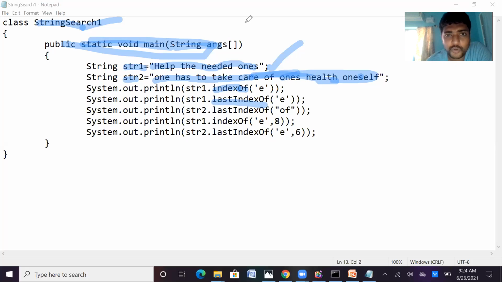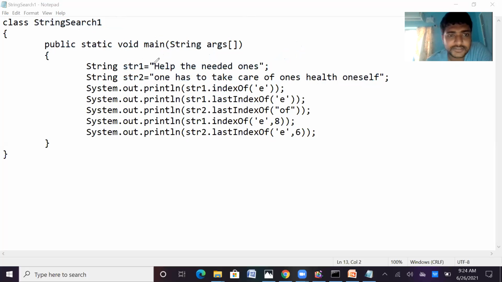E will be placed in so many places, here, and here, and here. So many E's are there in this string.